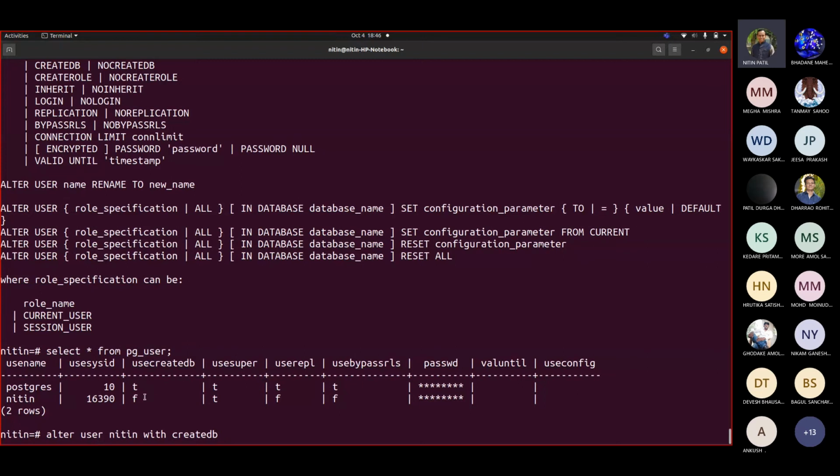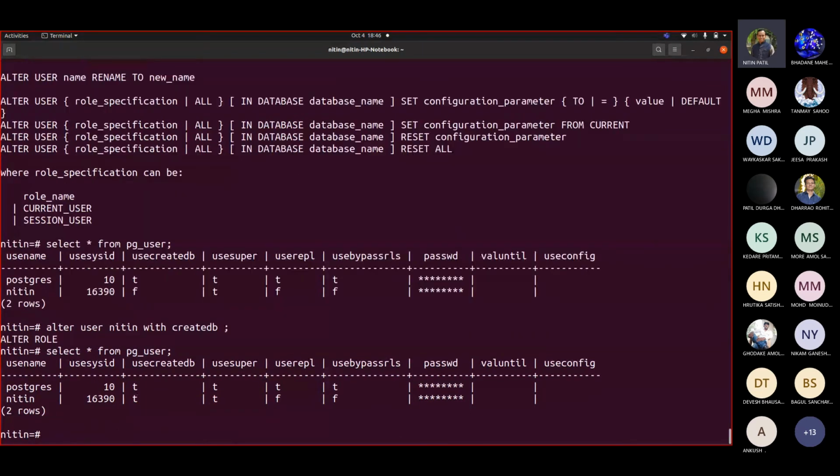Correct. Now you should see here false. Now if I fire this and if I write this, now you should be able to see that it got changed from false to true. But this can be done by your DBA. You may or may not have access of system that way. Correct. Any query or question till this time?